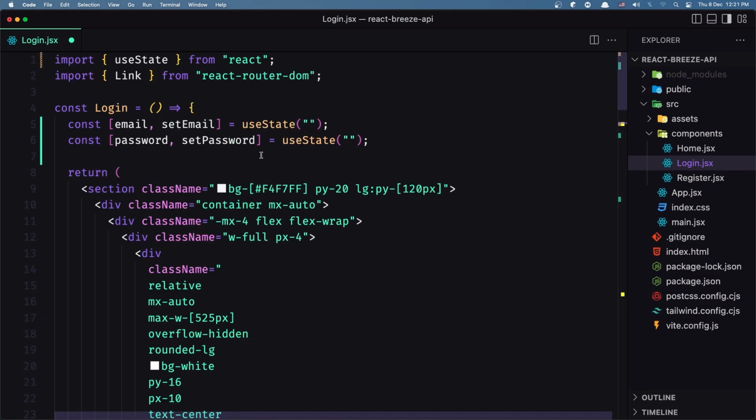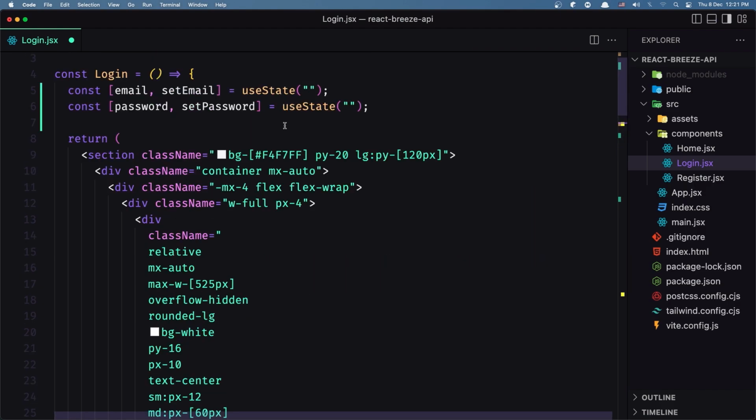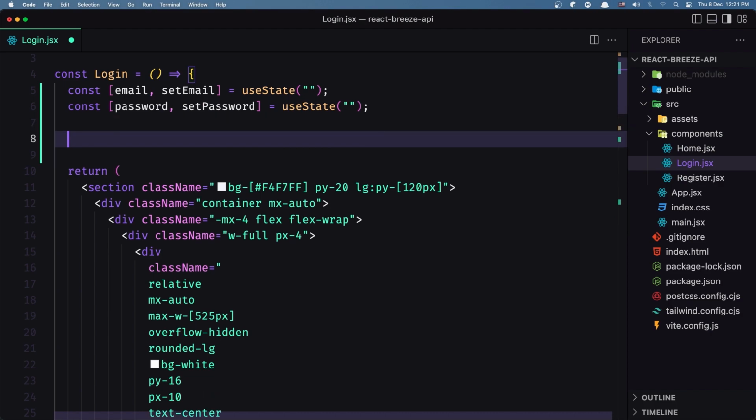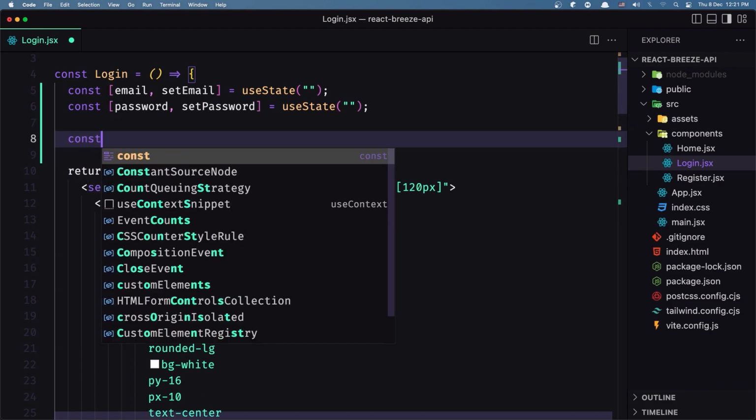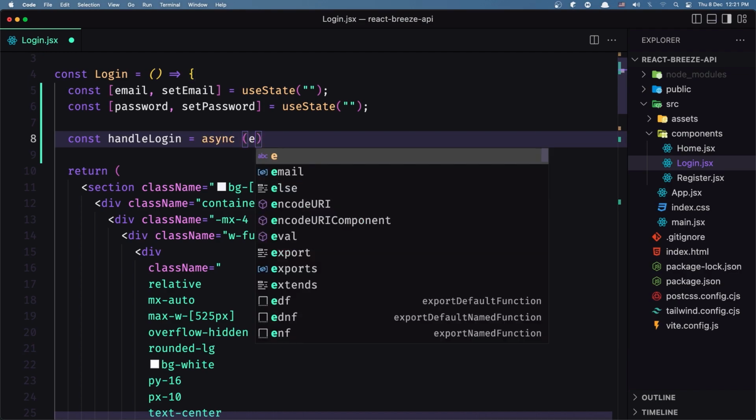So let's come up here and create this method. I'm going to copy and create a constant and say handleLogin, which is going to be equal to an async function. Here we receive the event,